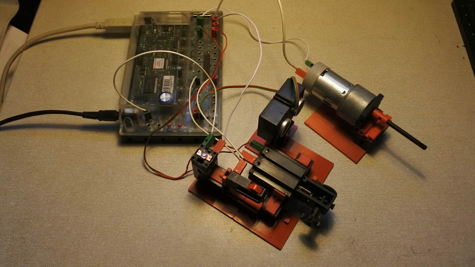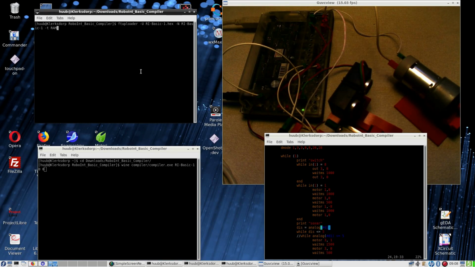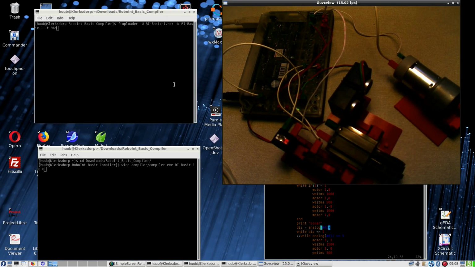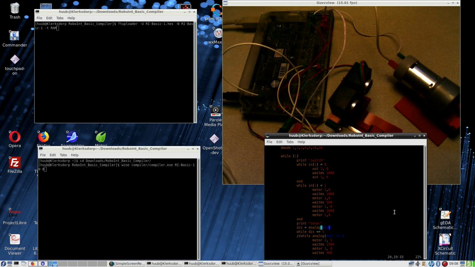So, by the way, I can show you better using the on-screen view. So let's go there. Alright, other view with 3 terminals: uploader, compiler, and the actual program. And in an update, following the manual for BASIC, I changed a bit. So this one directly reads the analog value and acts upon it, while this one first